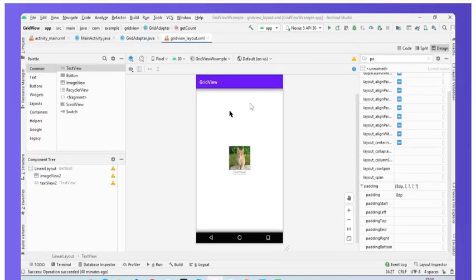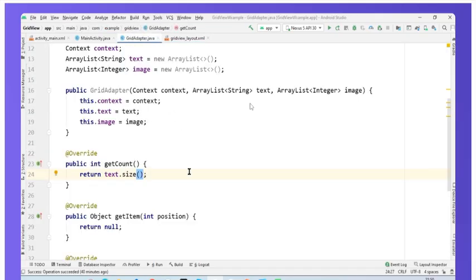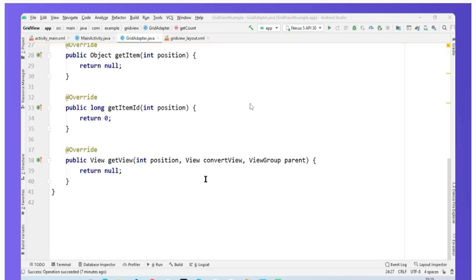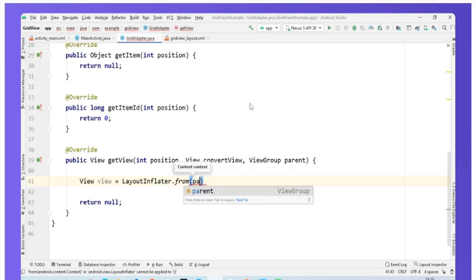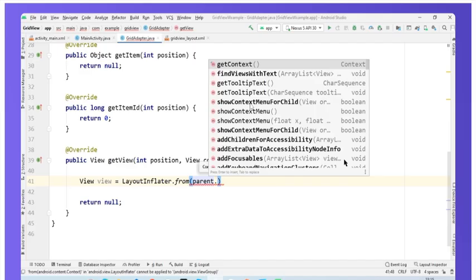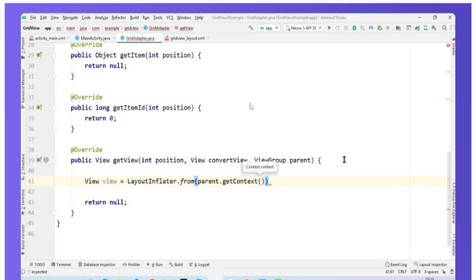I'll need to define a view variable. First of all, I'll create an object from the view class. We'll use the LayoutInflater.from method to link a design that we created to a view. So I've got to write context in parentheses. And you can write in here the context object that we created, or parent.getContext here. So here the parent object is given as a parameter, is the object of the view group,